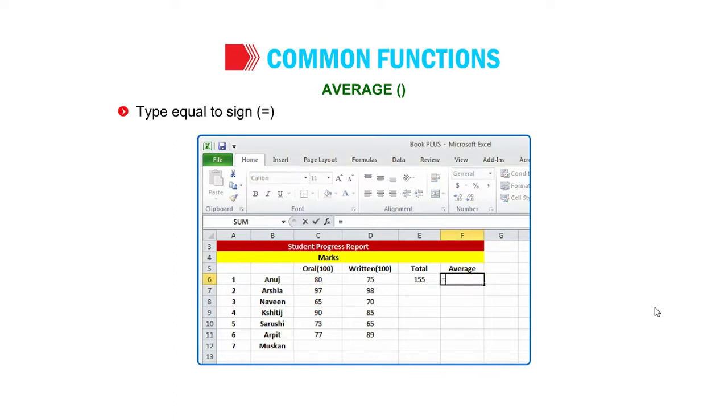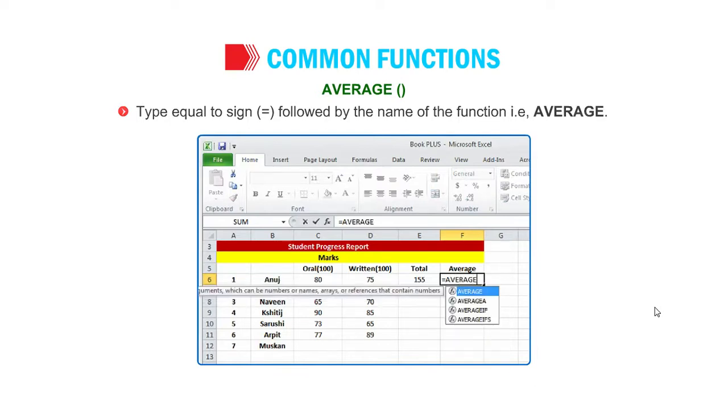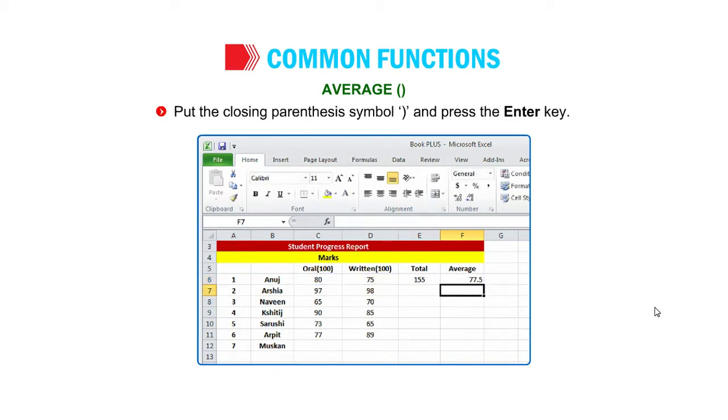Type equal to sign followed by the name of the function, that is AVERAGE. Put the opening parenthesis symbol. Select the cell C6 through D6 to define the range of the cells. Put the closing parenthesis symbol and press the Enter key. The cell F6 will display the average of marks obtained by Anuj.